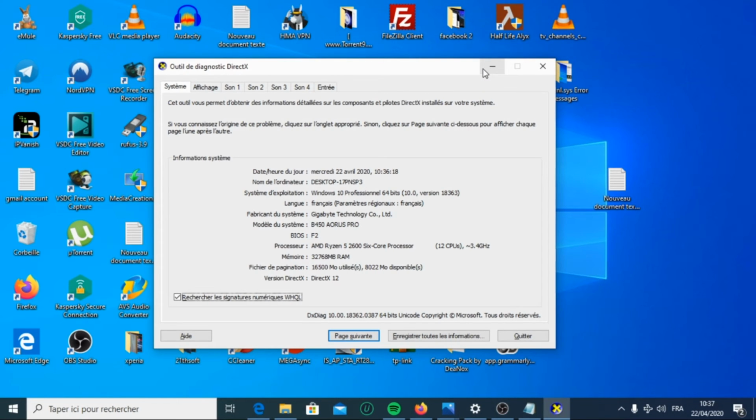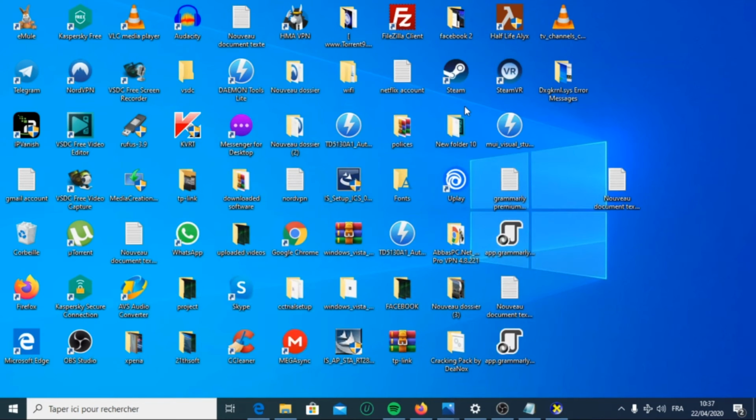Solution number 5 is changing the graphics memory size in BIOS. Some users reported that by changing the graphics memory size in BIOS, this error can be fixed. In case you are using integrated graphics, you should change the graphics memory size in BIOS. Apply the given steps to change the settings. Open System BIOS by restarting your computer,